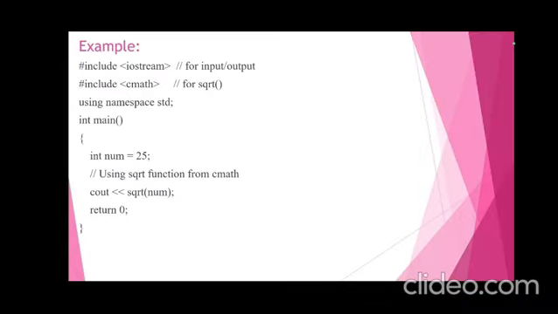So consider this example. In this example, the line #include <iostream> is used to include the input output library, which allows us to use functions like cout. The statement using namespace std enables us to use standard functions without writing the std scope resolution operator repeatedly. The line #define PI 3.14 defines a constant named PI, which is used to represent